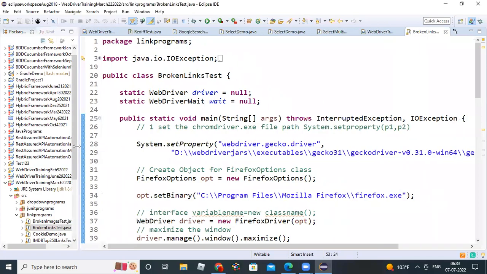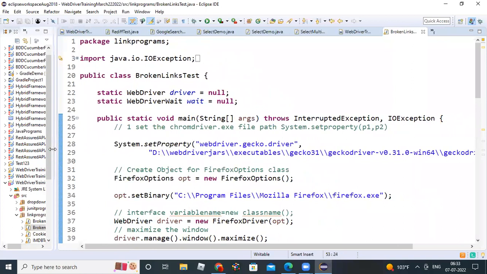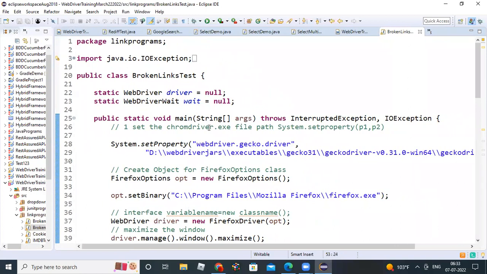Okay, so basically what we need to do is find the broken links in the given web page. Anywhere broken links, you need to find out. So what are the broken links? Broken links means the link is not working. It will throw 404, page not found, something like that. That's a broken link. So that you need to find out by